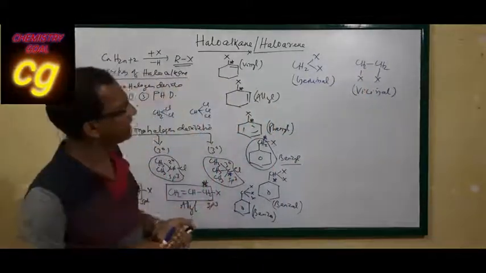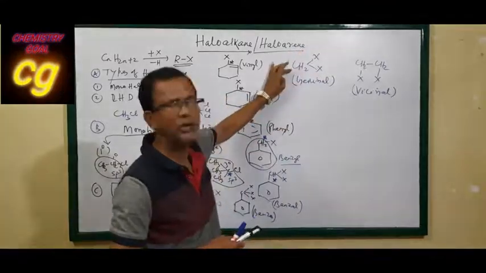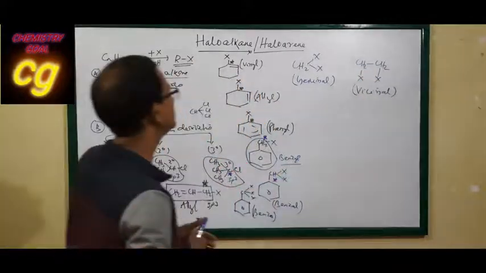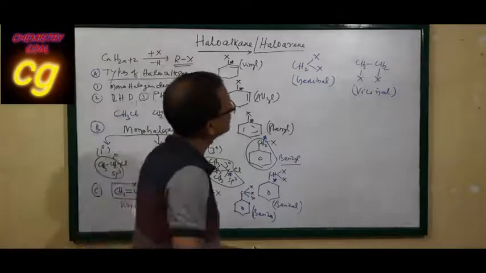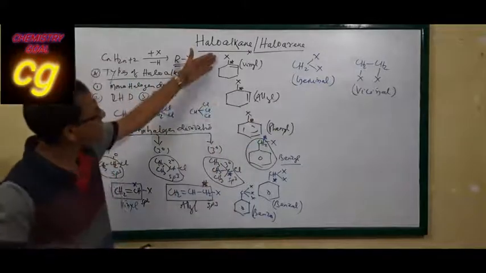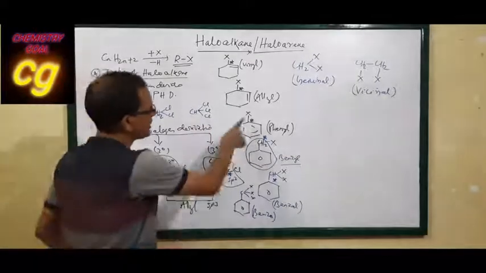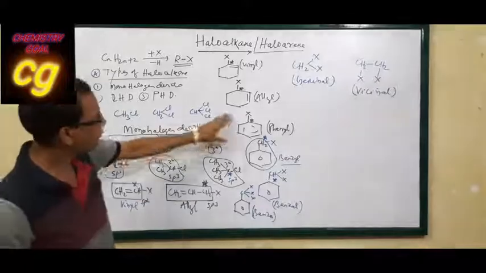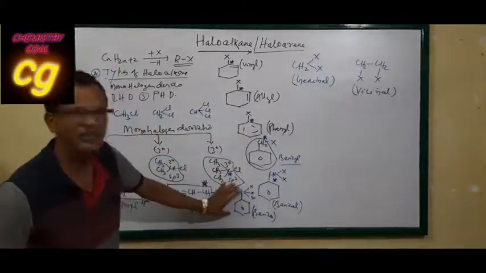The class of polyhalogen derivatives: geminal means gem dihalides, and vicinal means vicinal dihalides. Geminal means when the two halogens are attached to the same carbon, and this is called vicinal. We have to remember these types of dihalogen derivatives. Here, this is a dihalogen derivative, and this is a monohalogen derivative. This is also a monohalogen derivative. But this is the aromatic case. The last 4 examples are all aromatic cases. Aromatic means phenyl group, benzyl group, benzal group, benzo group.